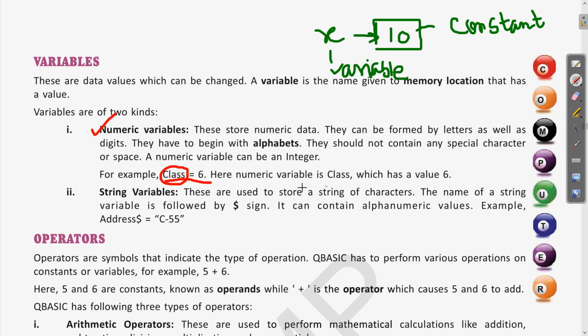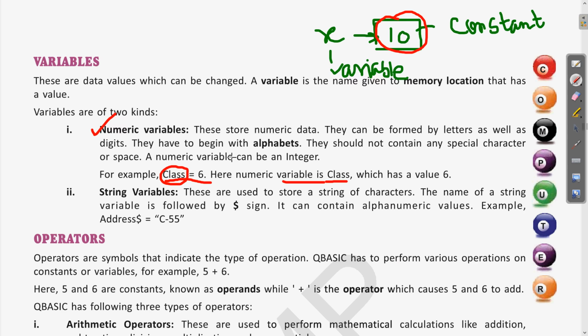The 6 is a constant, saved in the variable which has the name class. So class is a variable, just like the x we saw. In place of x, whatever name we choose, for example class, that will be a variable, and the numerical value saved will be a constant. So a numeric variable is a variable which saves numbers.